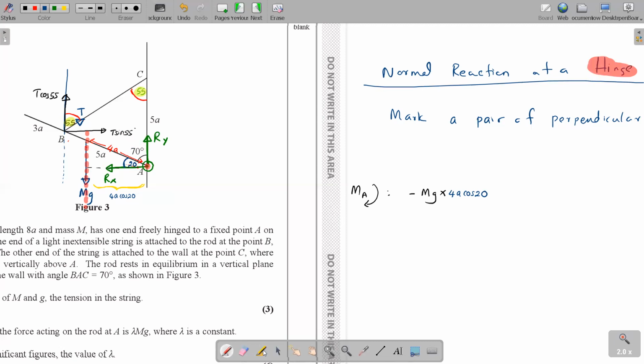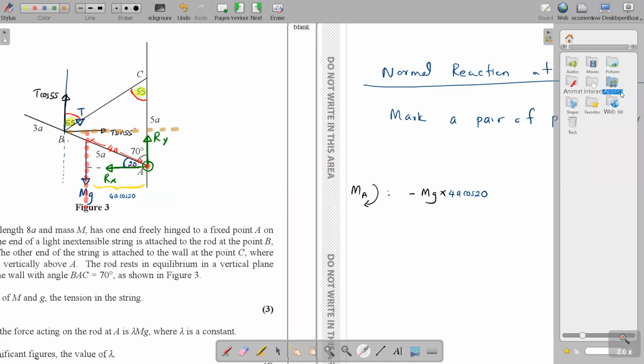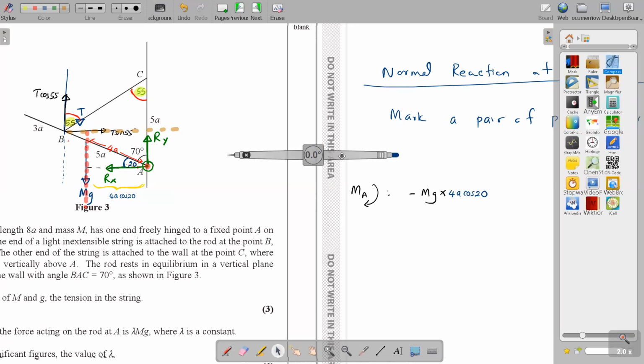Okay, so then let's work with T sin 55 now. Guys, work with T sin 55. So T sin 55 is like this. Is it giving a clockwise moment or anti-clockwise moment around A? Keep your finger around A. And this is pulling which way? It's pulling this way, right? So you are moving clockwise. Clockwise. So plus